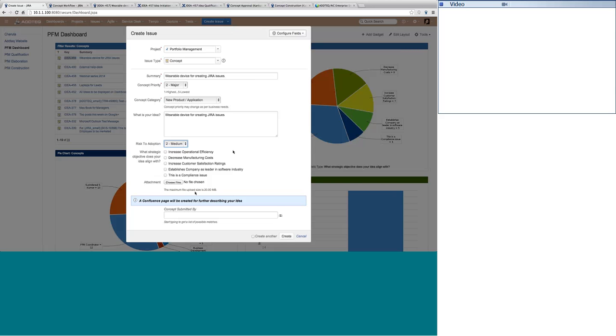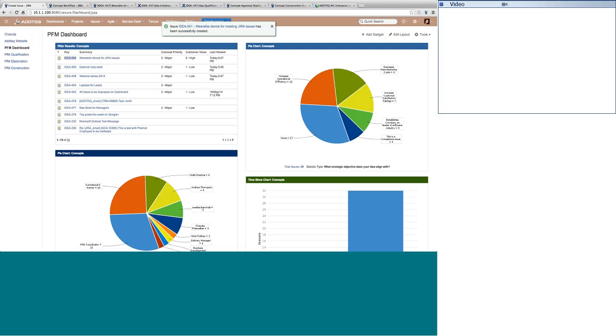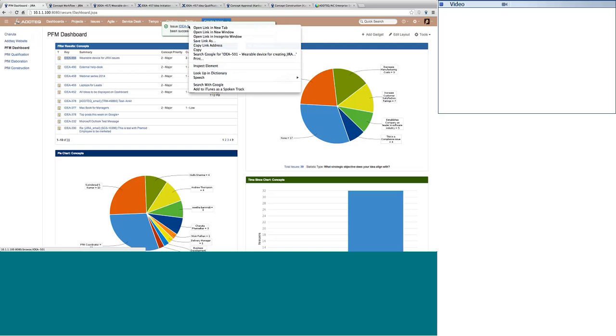So Aztec has these strategies, and I feel that the idea that I'm going to log or capture is going to establish my company as a leader in the software industry, or maybe yes, it's going to increase the customer satisfaction as well. So I'll quickly put my name as the idea submitter, and I'll click on create. The moment I click on create, you can see that one ticket got created in Jira. And let's see what all I have captured and what I can see over here.